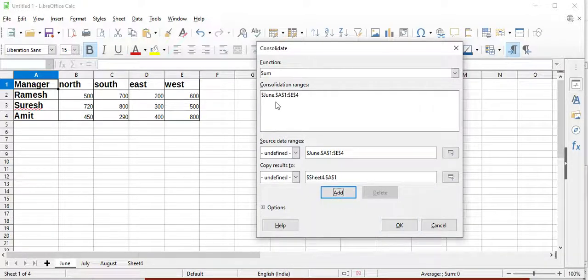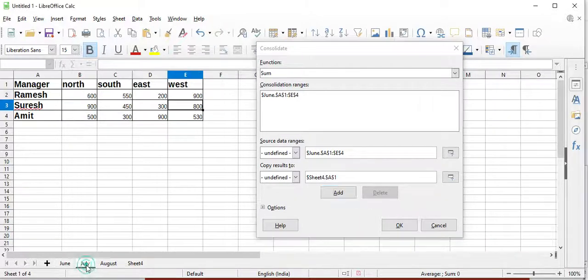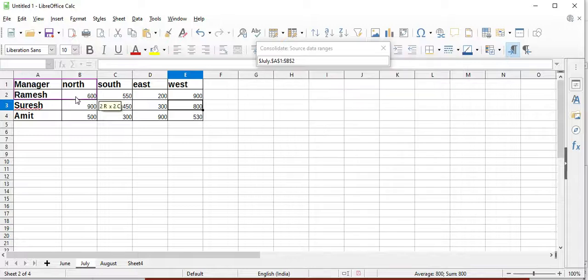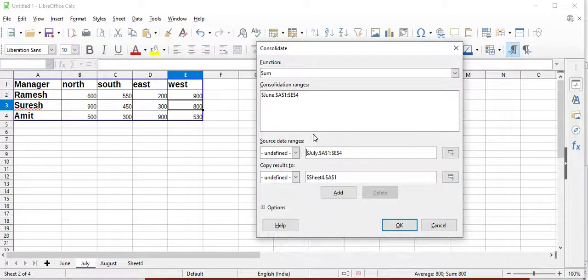You can see that the June data range has been added. Now for July, I will go to the July tab, left click on it and drag. See here, the July data range has been added. Click on Add.